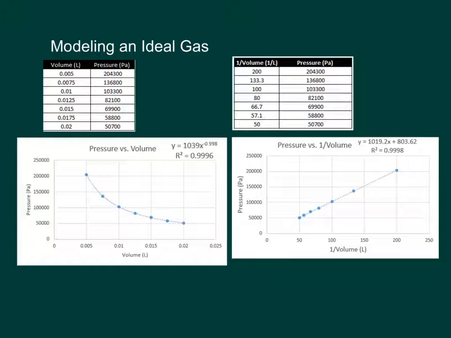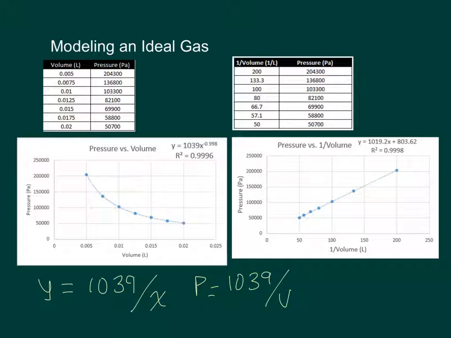So I collected this data for pressure versus volume, and I did it in liters instead of meters cubed, just to get an idea of the shapes. And we can see here on the left that we get this very nice power function where the independent variable is raised to pretty much -1, which is great. If we write out this function, we have y equals 1039 over x. And the y variable is pressure, and the x variable would be